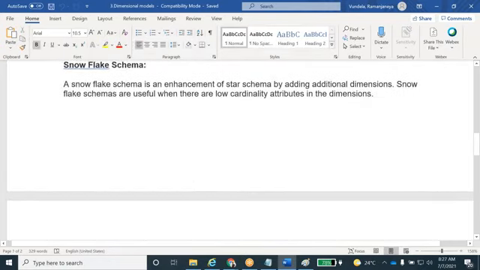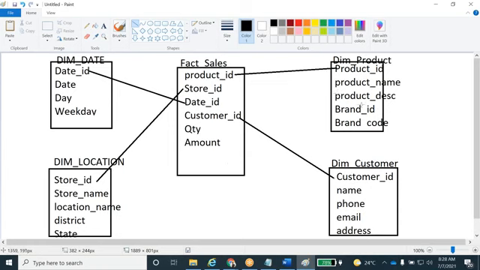Let's come to the Snowflake schema. Snowflake schema is nothing but an extension of the star schema. It means the dimension tables, whatever dimensions are there here, are going to be split, extended into multiple dimension tables. They're going to create lookup tables here. How are they going to create them? For example, this product dimension, they are going to split into maybe another 2 tables.